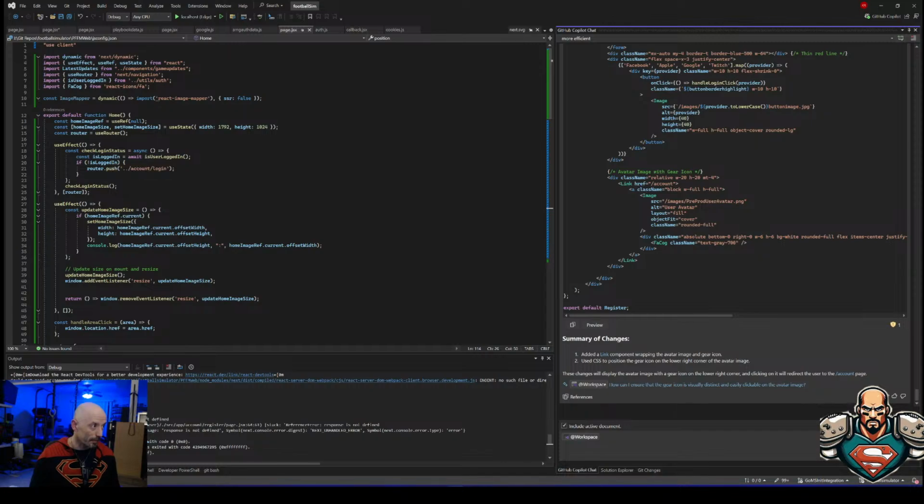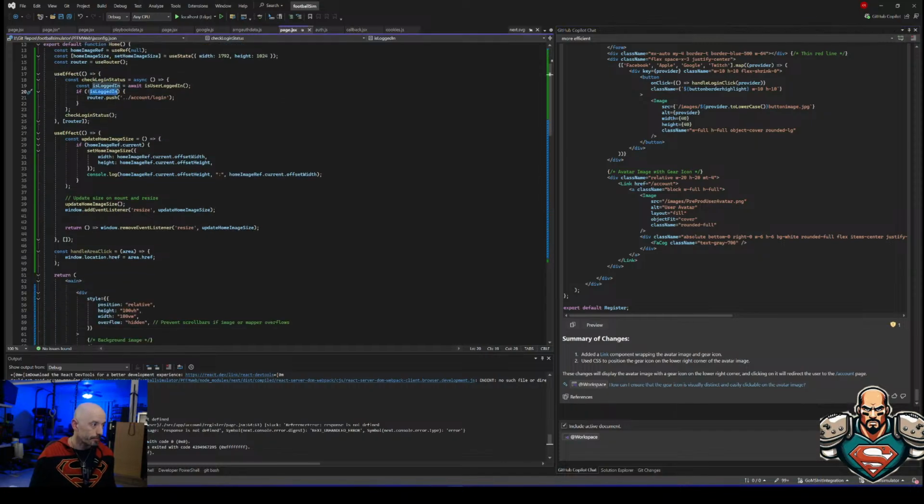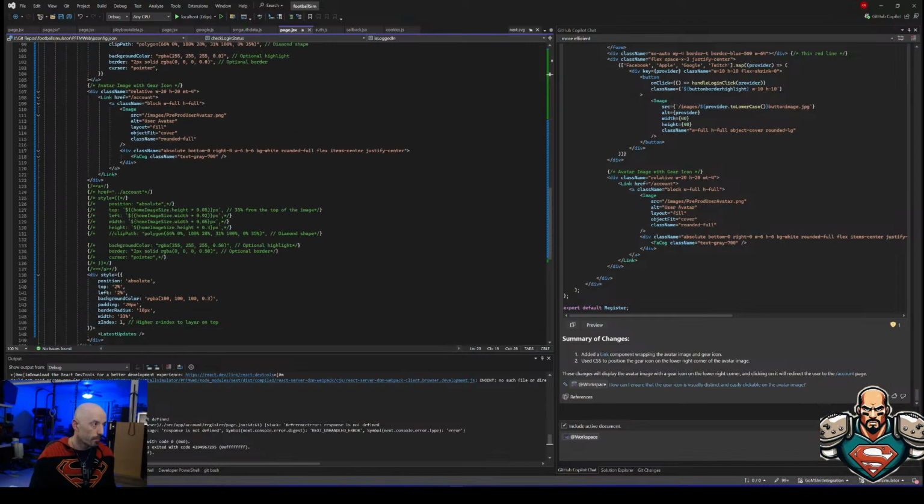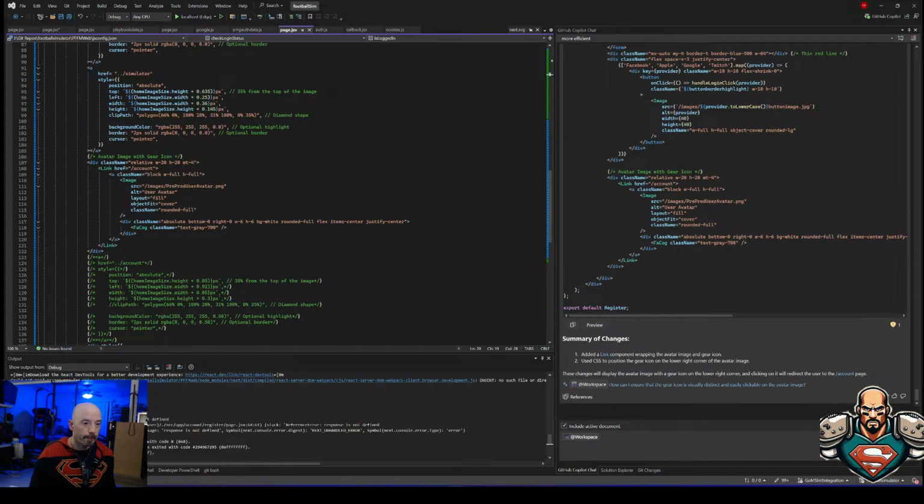But ultimately what I would like is to change this page to not show the user avatar if the user is not logged in,